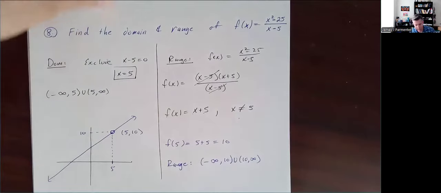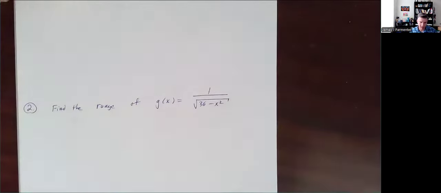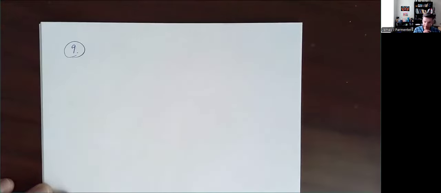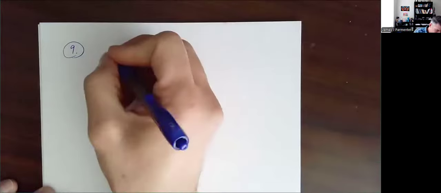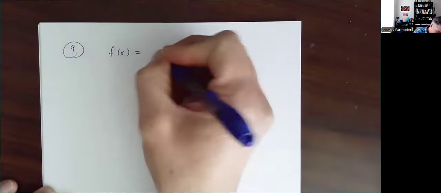All right, one more quick example here because there's one more thing I want to make sure you all see. We'll get to this in the next video. So this would be, let's see, that was number 8. So here's number 9. Let me throw one more thing at you because there's something kind of funny that happens occasionally. So let's say our function is the square root